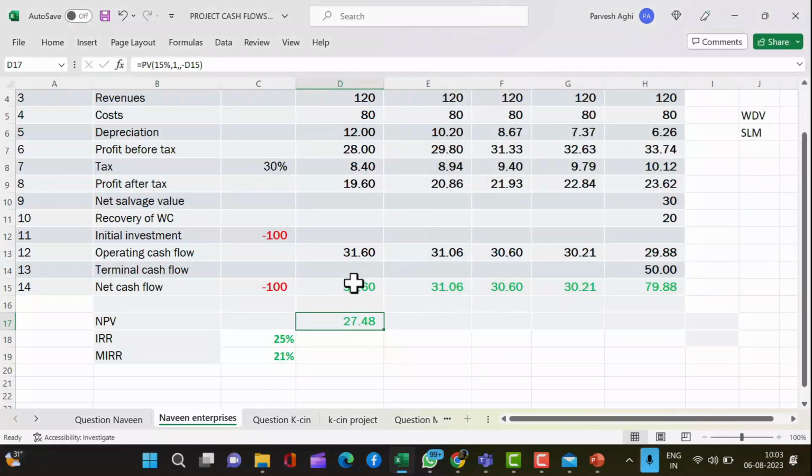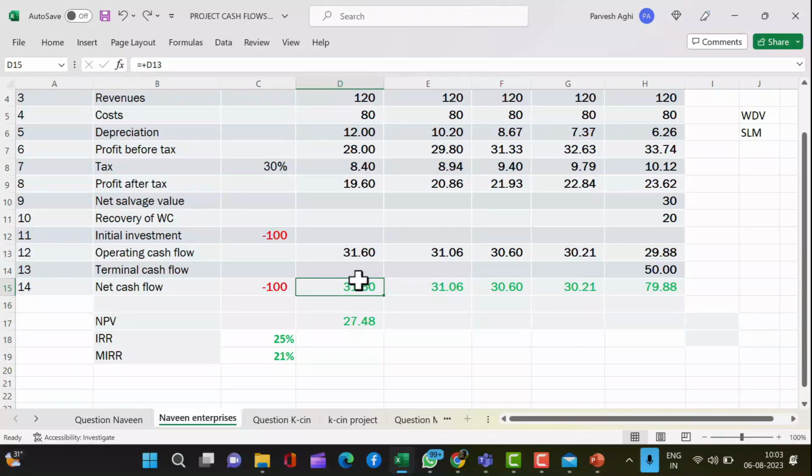What happens is, the 31 lakh figure, its value in today's date is 27.48. Suppose if I don't put a minus here, then I will get minus 27, which is wrong. So we have to add minus here, okay? This means that if you invested 27 lakh rupees today, after 1 year at a 15% rate of money, how much are you going to get? Another way of looking at this formula is